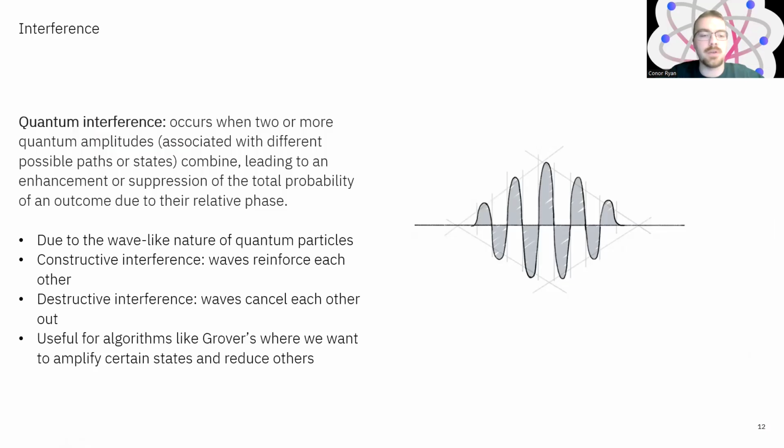So this is useful for one of the fundamentally important fault-tolerant quantum algorithms, such as Grover's search algorithm, where you want to find a particular quantum state that is in your solution space. You search through all the possible solutions and enhance the amplitude of the one you are looking for, and aim to measure that, by also reducing the amplitudes of the states that are not in your solution space.